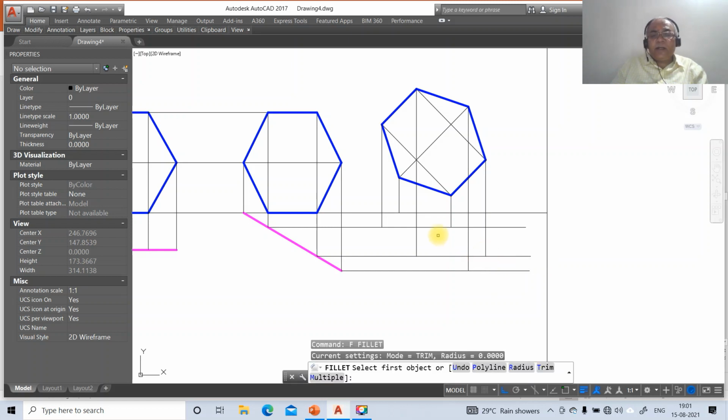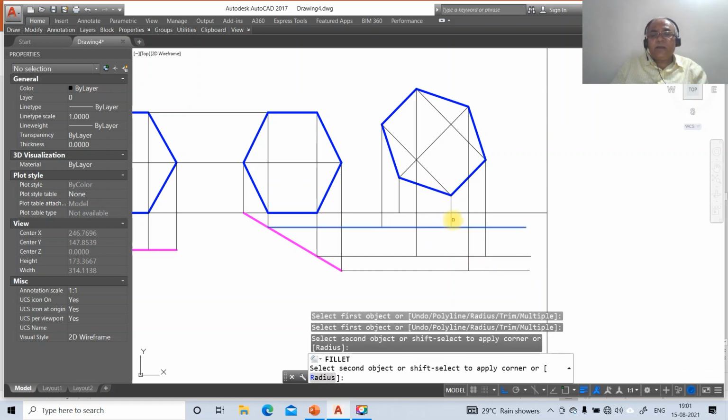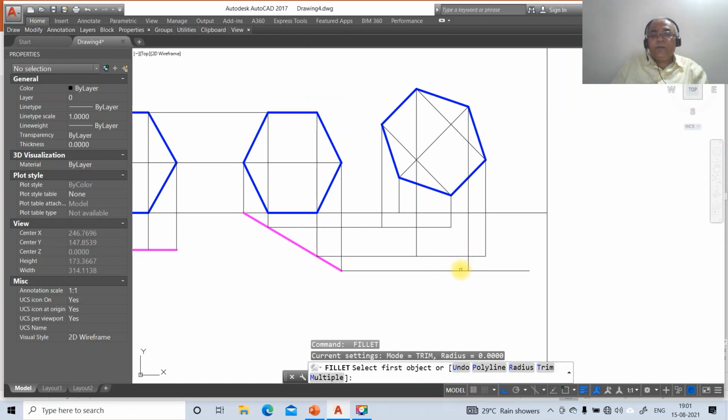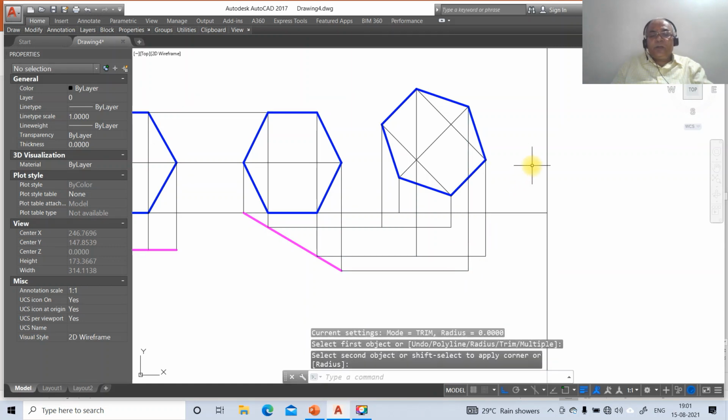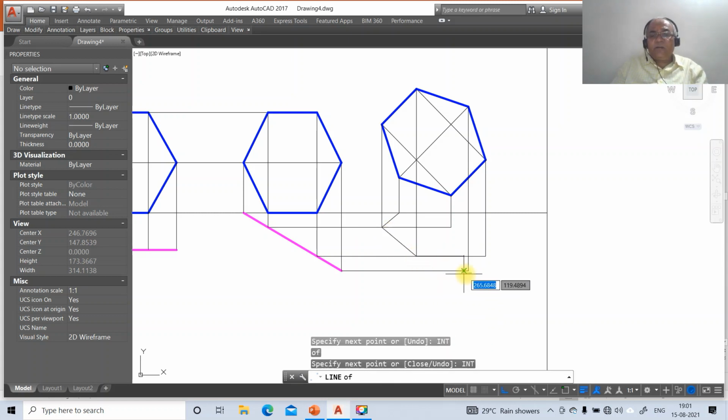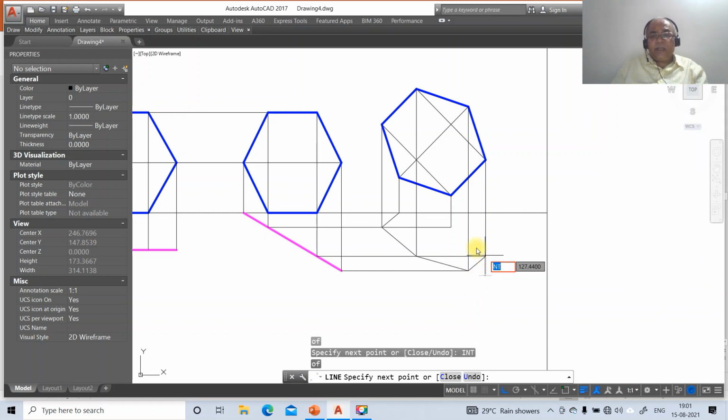Now we are going to use the fillet command and fillet this entire thing. So go to fillet and then do these 2, then go to fillet between these 2. Once you do that, go for line, take intersection of this, take int of this, take intersection point of this and take int of this and take intersection point of this and take int of this,